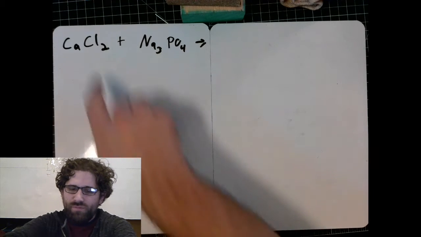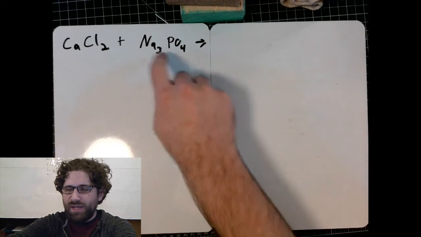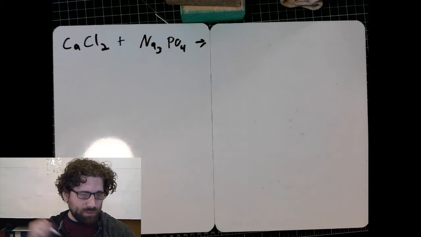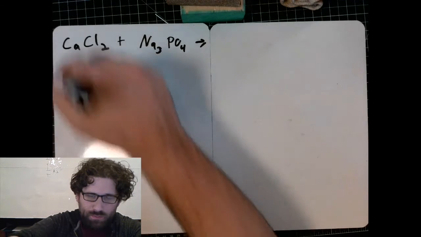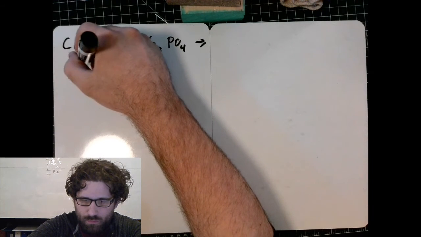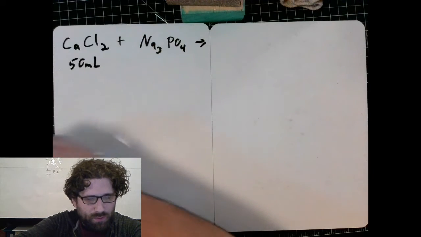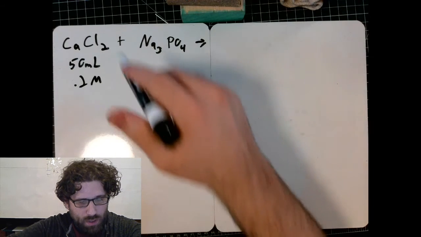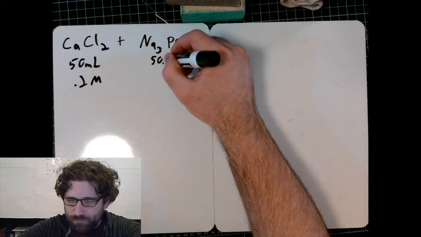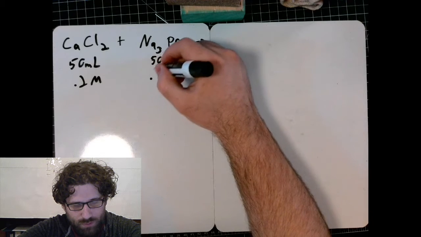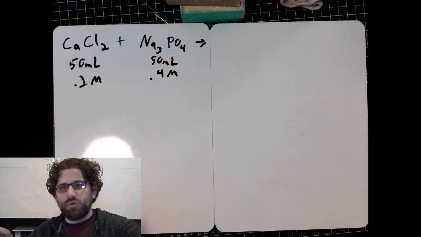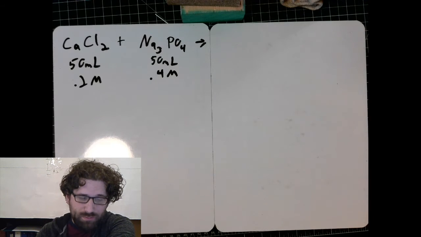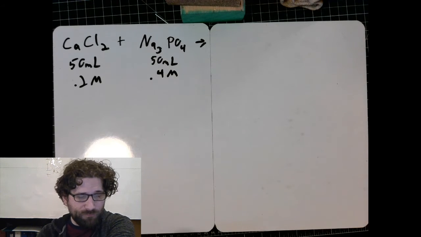In this one, we've got calcium chloride being added to sodium phosphate. How much do we have of each? Well, we've got 50 milliliters of a 0.2 molar solution, and this is added to 50 milliliters of 0.4 molar Na3PO4. This is going to form a white solid at the bottom of the solution, and we're first asked to write